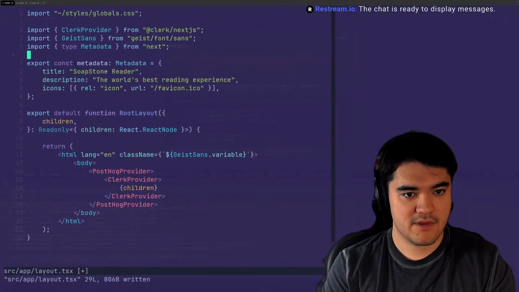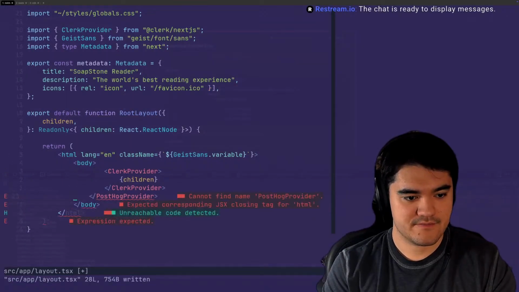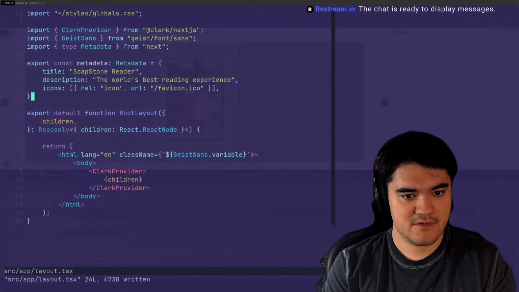Is there just something wrong with the PostHogProvider module that they're shipping?